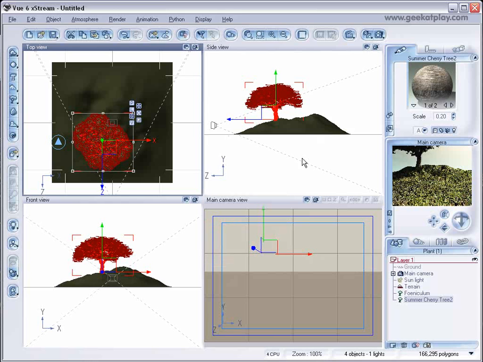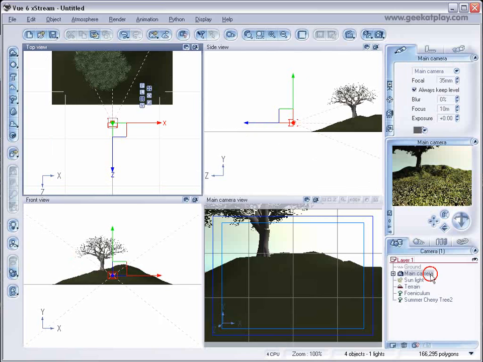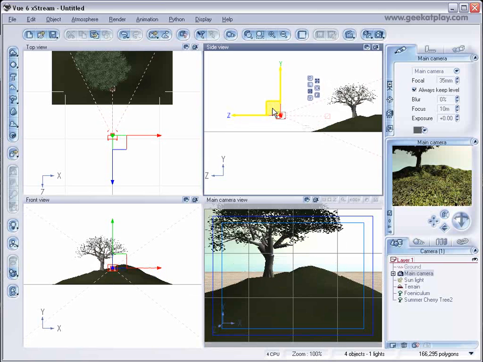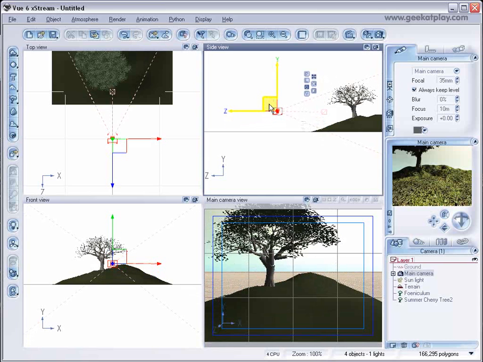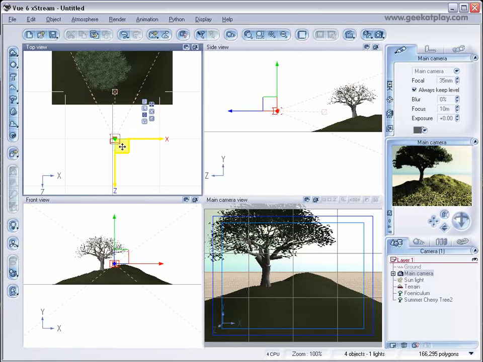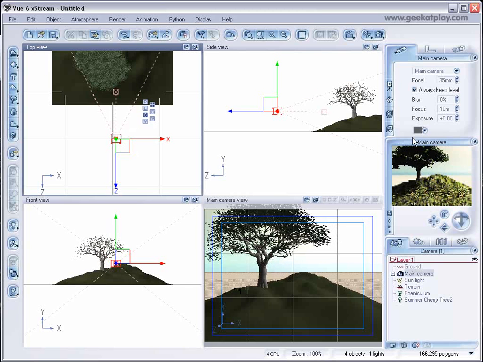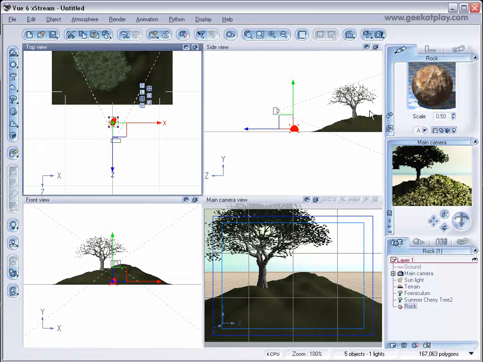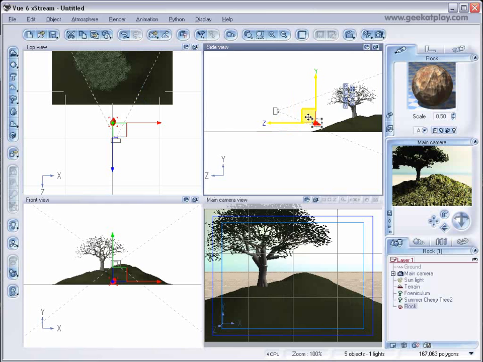But now we need to move our camera so that we can even see this tree. The tree is very large. There we go, and there's our tree there, and I've cut off some of it. That's okay. And if we want to add a rock here, we could go and click here, and that brings in a rock. I'll move this back here